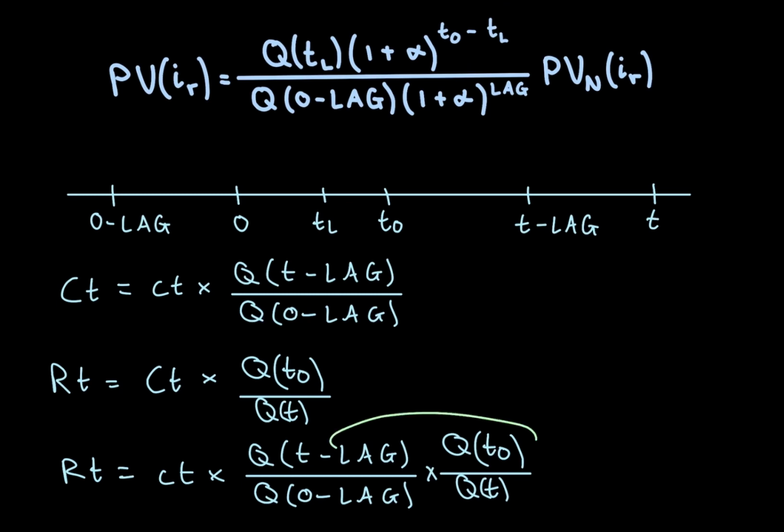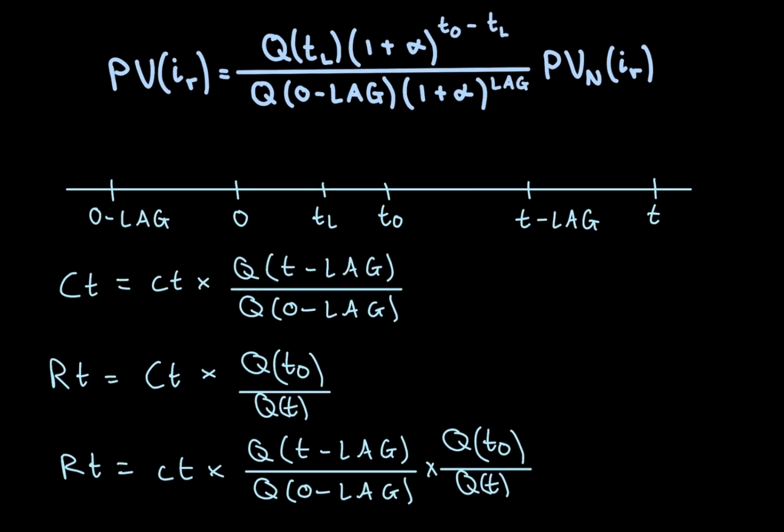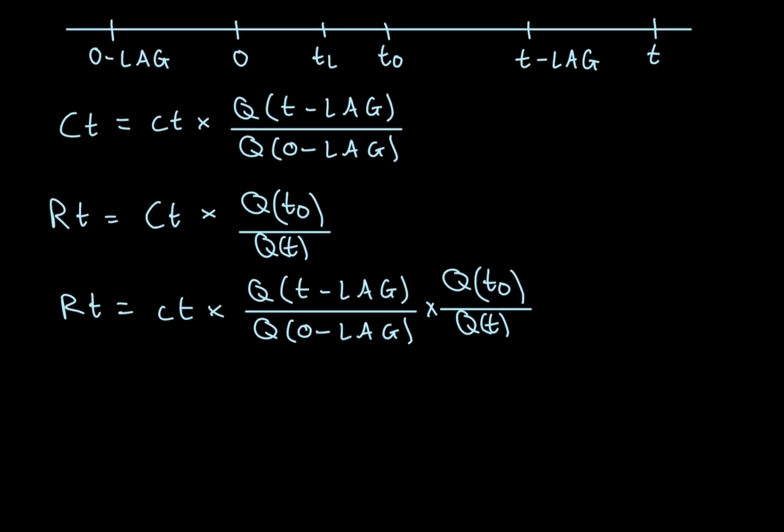But all of these three are to the right of our RPI at TL. So we have to estimate them. In order to do so, we say that RT is equal to our nominal value, lowercase ct, multiplied by, now Q of T minus lag becomes Q of TL grown by the rate of alpha